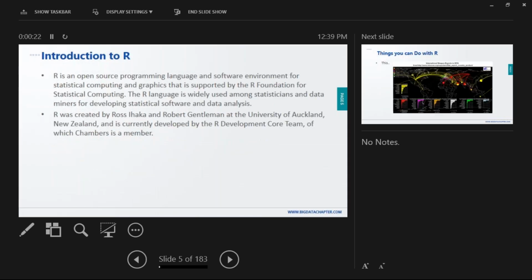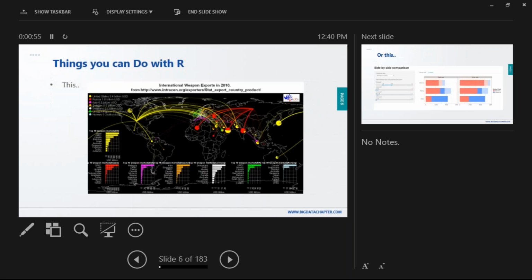Before that, someone asked what is R. So this is the thing. It was created by two people, Ross Ihaka and Robert Gentleman. Their names started with R. Some people also say that there was a statistical language called S before, and next to that it came R. So there are two theories on how it is named. The main reason why R is trending is it has a great visualization tool.